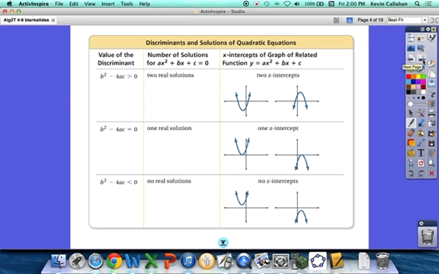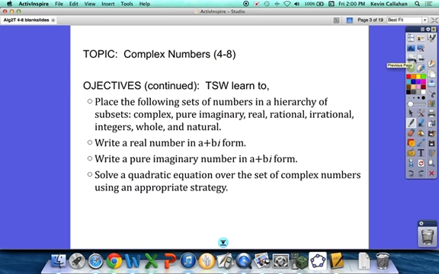And it said that based on the value of the discriminant, we knew whether or not we had 2 real answers, 1 real answer, or no real answers. Well, it's a little more complicated than that, because the objective actually does not just say how many real answers. If you actually look and see what the objective says, it says,